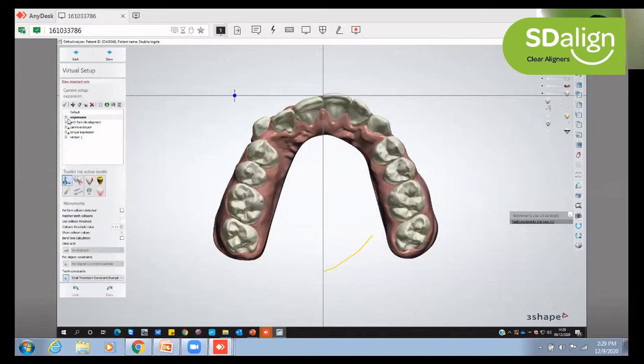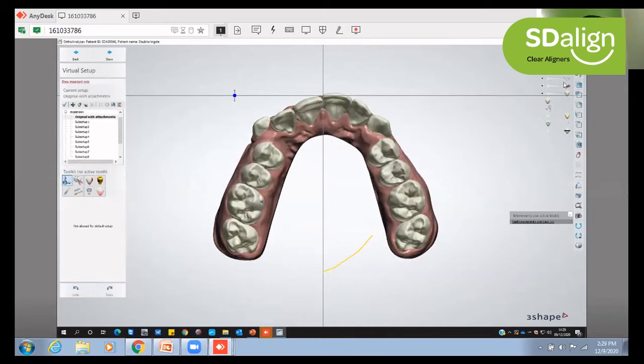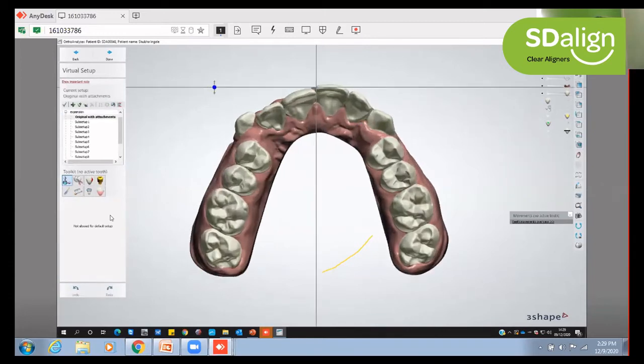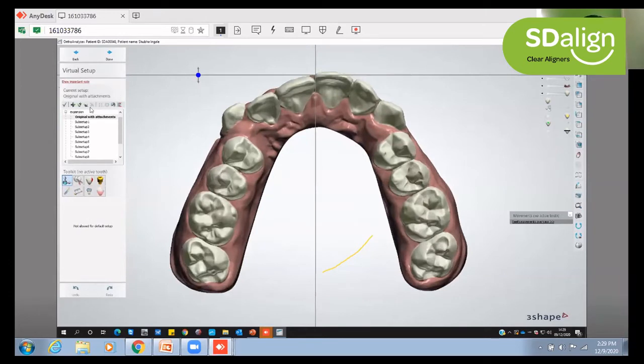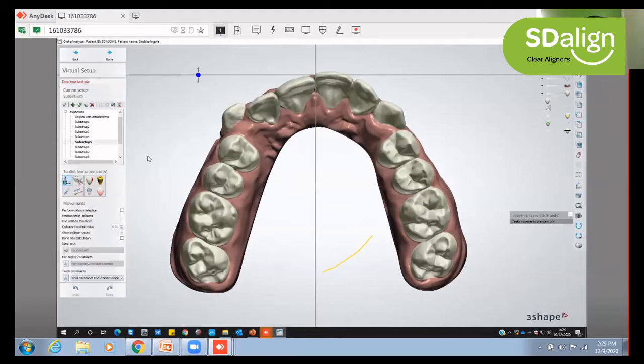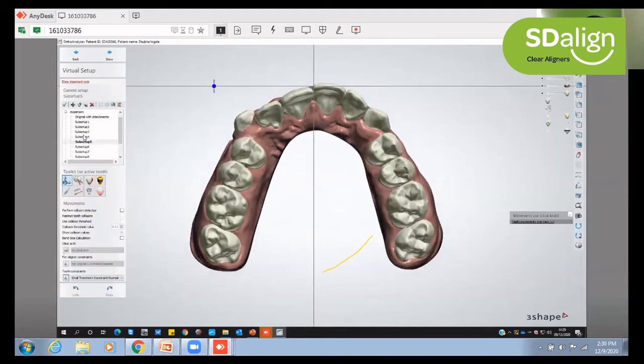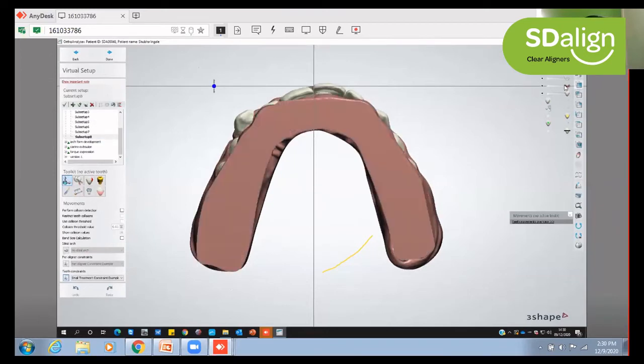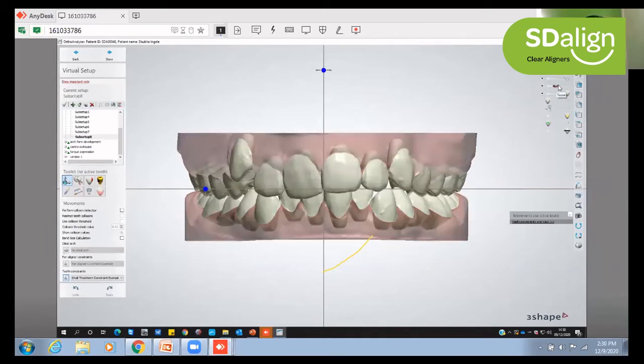So let's see the first stage on the top left corner, that is the expansion. So this is stage 0, as we can see. Now I'll slightly zoom in. I hope all of you are able to see this clearly. And I'll slowly play it stage by stage. So first 5 sets, we'll see the premolar come outwards. Then the next 5 sets also. And by the end of each stage, let's see the occlusion. So let's see the bite after the premolar expansion. And I'll minimize the gums a little so that you are able to see.